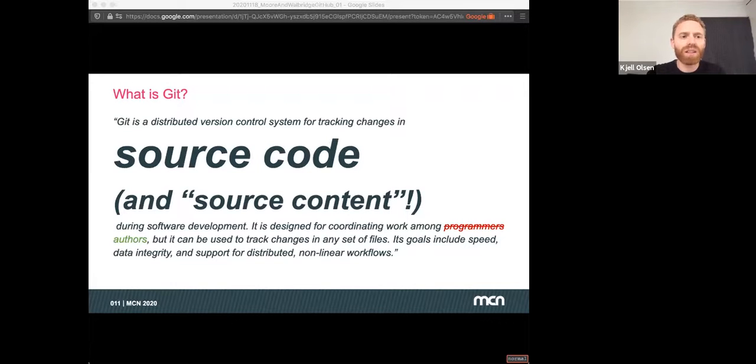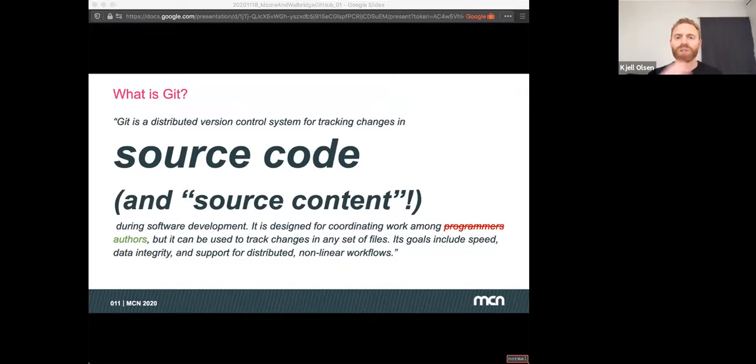So Git is a system to streamline that flow of managing who is looking at what pieces of source code in a system, who's making changes to them, when those changes happen. And here, this definition is talking only about source code, but it applies equally to any sort of source content. So it can be source code, it can be lines of code that are building a software project, but it could also be your writing,